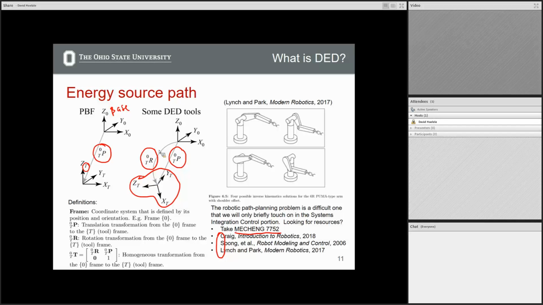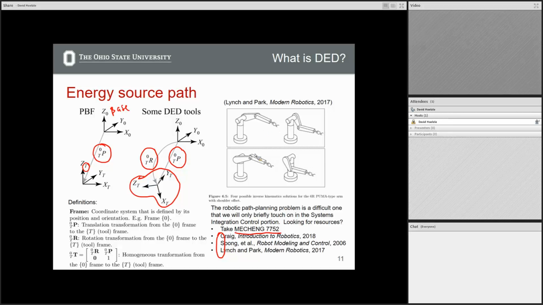Those of you who took the undergraduate kinetics class may have only seen two-dimensional rotation matrices. These are three-dimensional rotation matrices. Rotation matrices, they have to know about. The other complicating factor is that